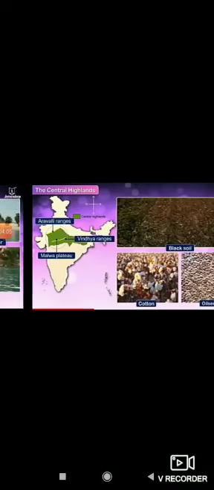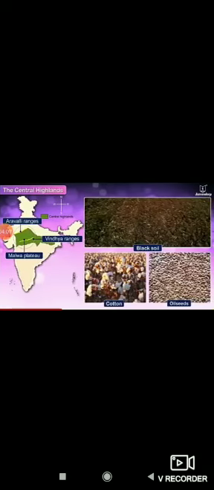These are the rivers that drain the Malwa Plateau, like the Chambal River, Son River and Betwa River. These are the rivers originating in the Central Highlands. In the Central Highlands, black soil is best for growing cotton and oil seeds.